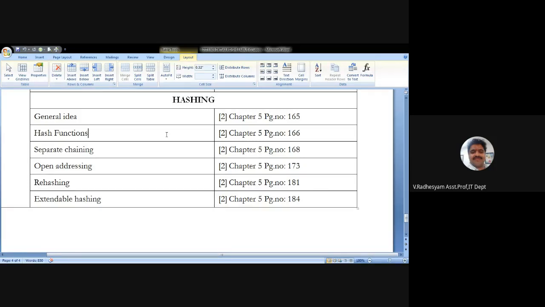Suppose you consider another example, where maybe a hash table will not work. There is an item and its cost: 10 items, item number 1 to 10, name of the item and the cost.